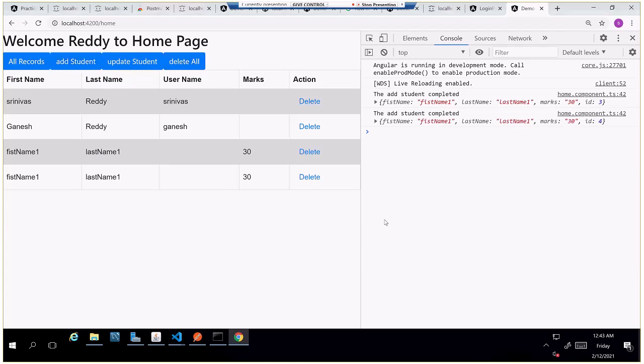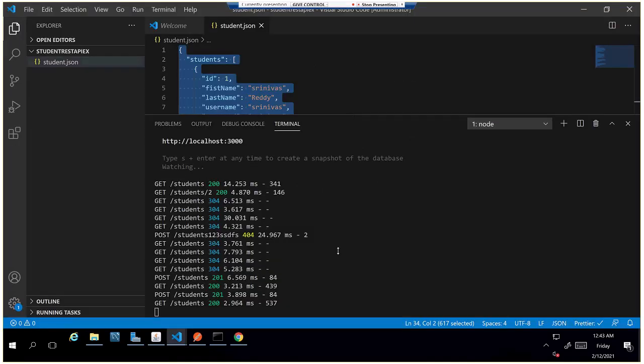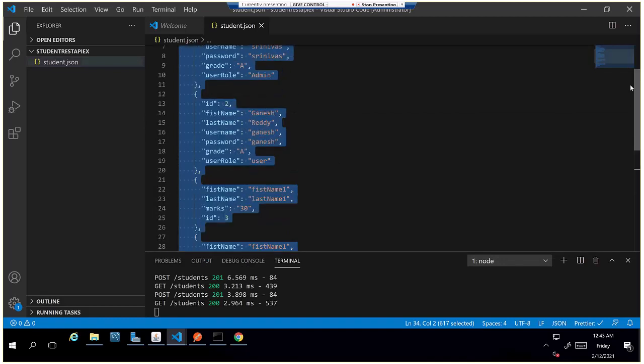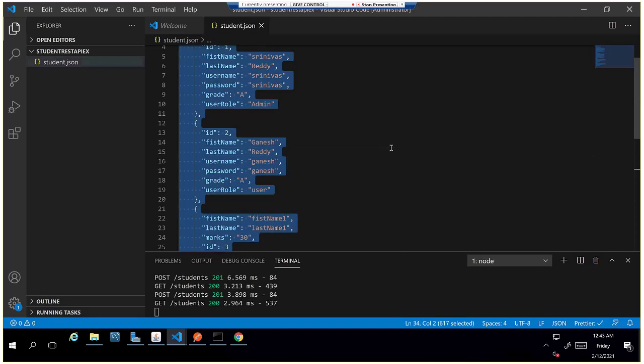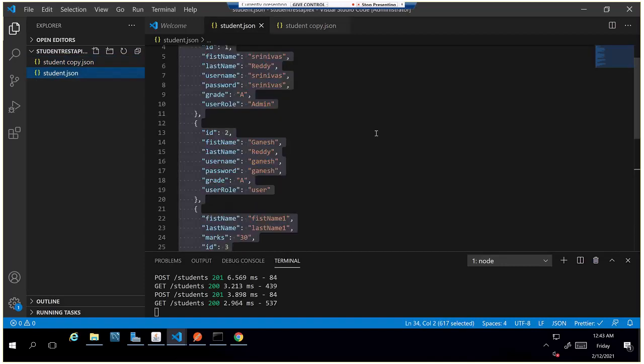First, I'll take a backup of this file. No, I think you already have a backup, right, Srinivas? Previous backup. No, this we have created just now. I'm using the same. Oh, okay. Oh, he's using, got it. We have it in another folder. Yeah, I have taken backup of this. Now I try to delete.